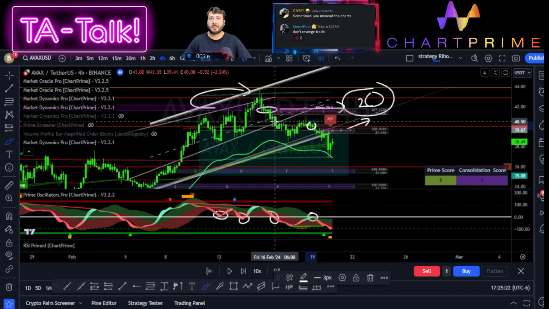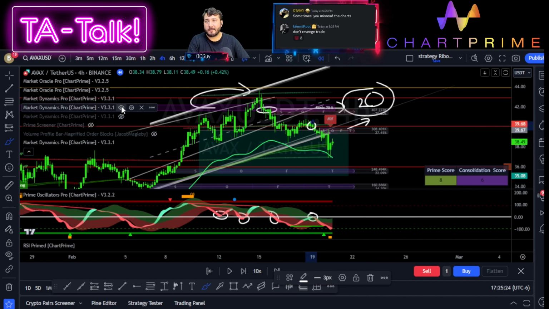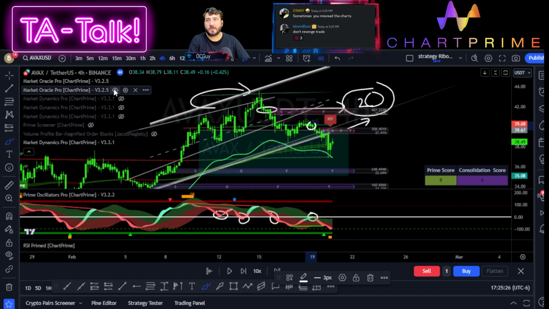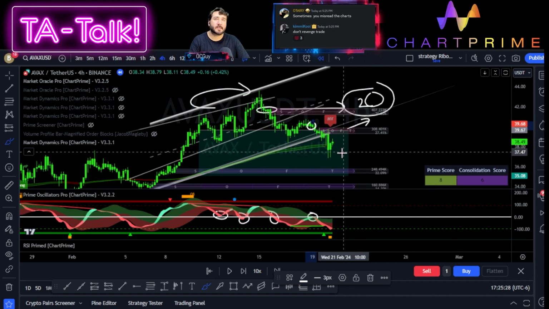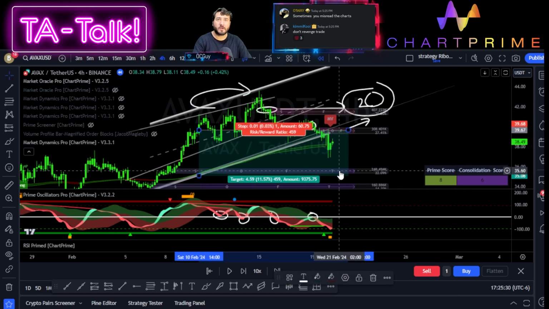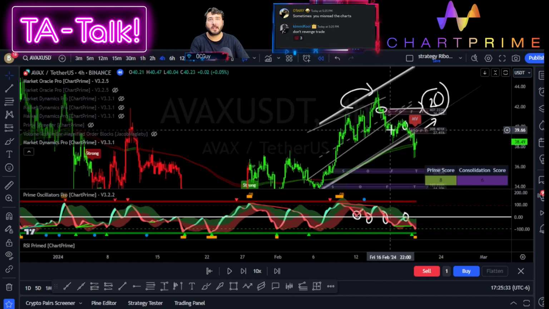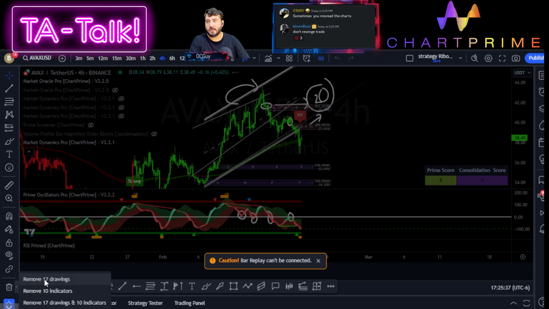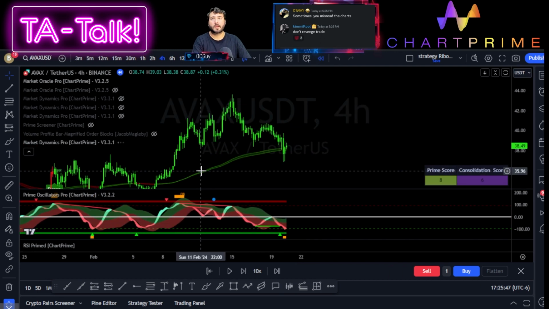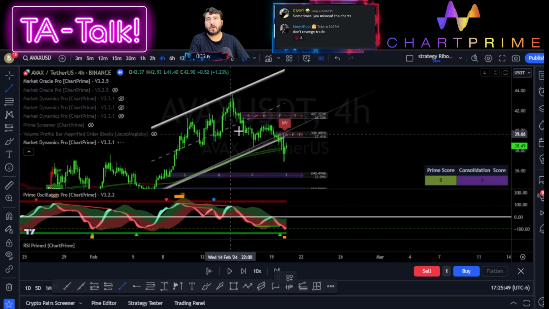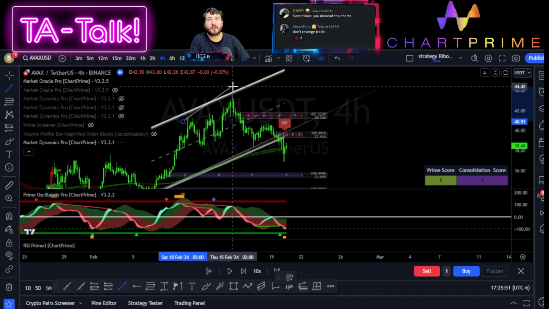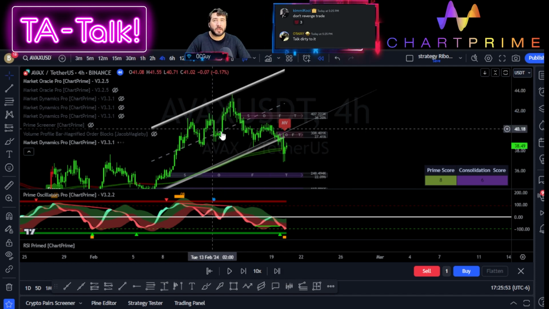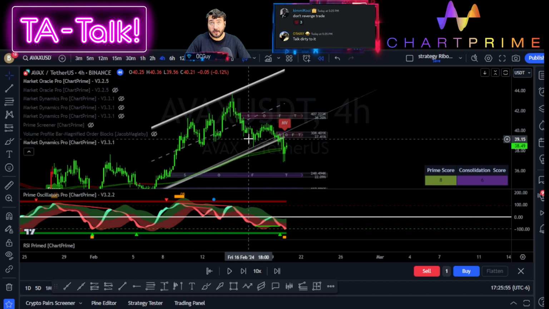All right, let me clear this up because it's too much of a mess. Almost the only things I'm going to leave are the order blocks, the channel that we have, and the trend line. It finally appeared, the trend line. Also, I'm going to clear all of the drawings here, and come on, TradingView. And at this point, remember, since last time I did not acknowledge that I have a range up here, we ended up breaking.